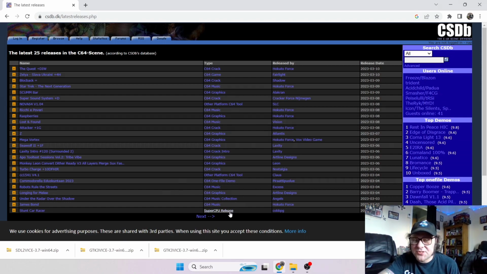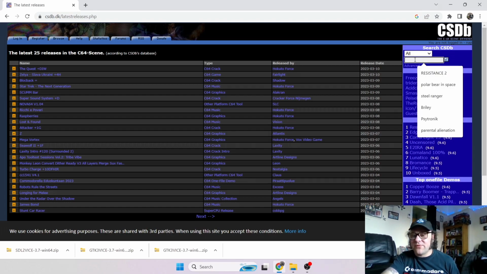And we've also got a Super CPU release game just here, which is Stunt Car Racer. Super CPU was a piece of hardware not inside the commercial Commodore 64's life, but an afterthought of how to power up the Commodore 64 to give it better speed times. I've never owned one of those, they're too expensive, but you can also emulate the Super CPU on Vice, but that's another tutorial. So tell you what, I'm going to just go to the top here